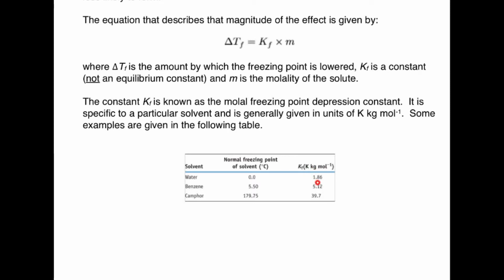And so because of that, water has a characteristically low freezing point depression constant. In other words, it's difficult to mess with water's freezing process. Because this number is so low, we have to add a lot of solute to lower that freezing point. But compared to benzene, for example, its freezing point depression constant is roughly 5 times higher. So it is 5 times more sensitive to solutes. So its freezing point will be more drastically changed as we add a solute to a pure substance, that is